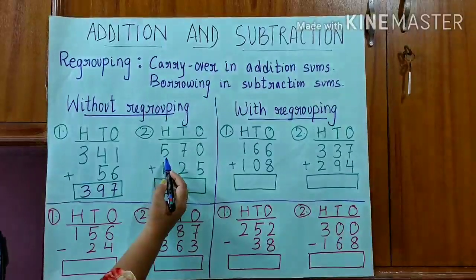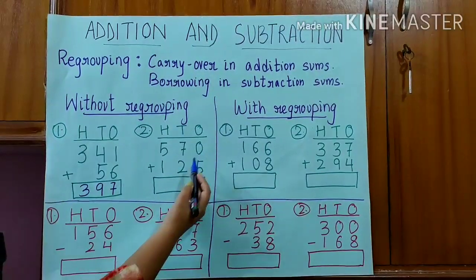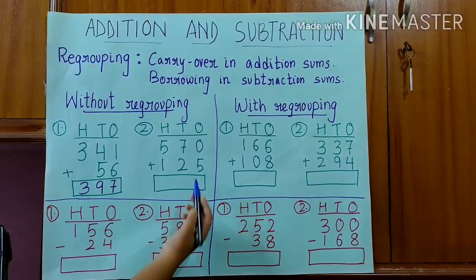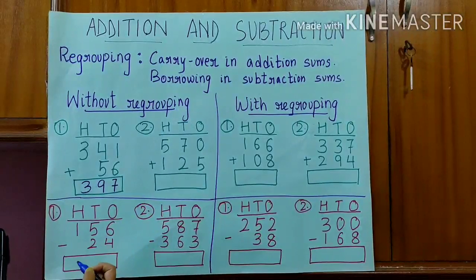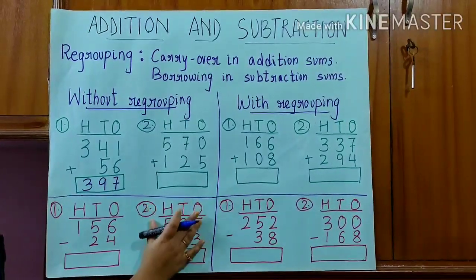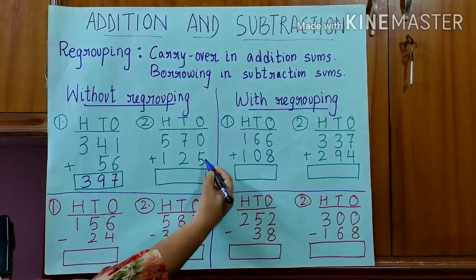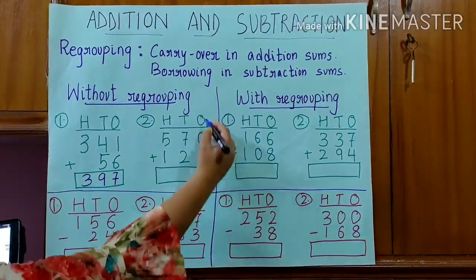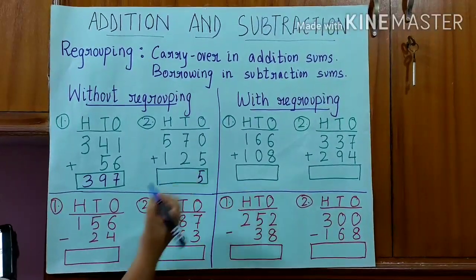Okay. Now there are 270 adults, okay, and 125 children at a walkathon. So how many people are at a walkathon in all? Now let's add this up, okay? See, over here we have 0 ones and 5 ones. So that will be total equal to 0 plus 5 is 5, right?